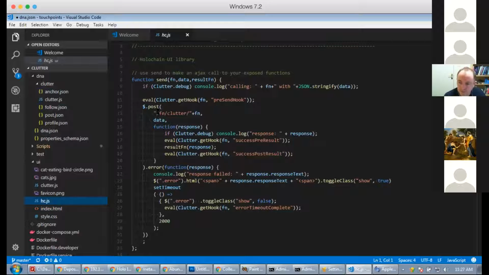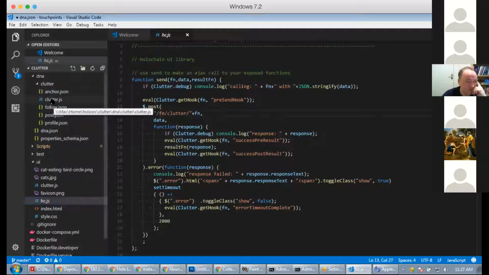okay, so our /fn is relative to our local path of localhost colon 4141. So our Holochain client is acting as a basic web server and serving us our HTML, and then we can also call /fn, and then the zome name, and then the function name. And that causes the Holochain core to kick in and do its thing. And that happens in clutter.js.